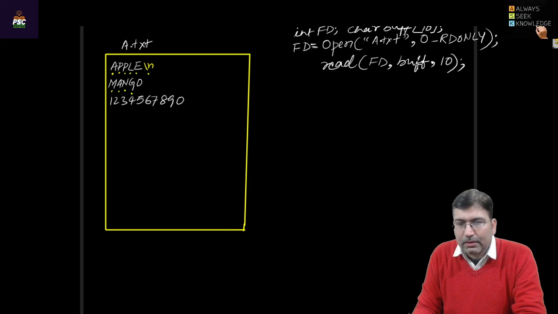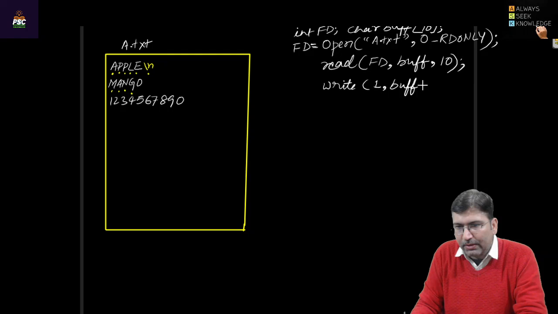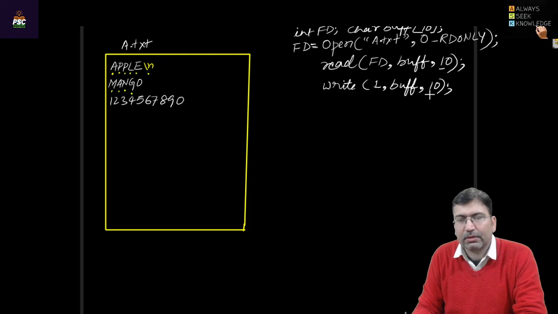Right? So the 10 characters will be read, and if you want to print this on the screen, you can use the write system call. You can write on a screen. A screen has file descriptor 1, and you can print whatever is stored in the buffer, and let's say you want to display 10. In that way you can read the initial 10 characters from this file and write those initial 10 characters